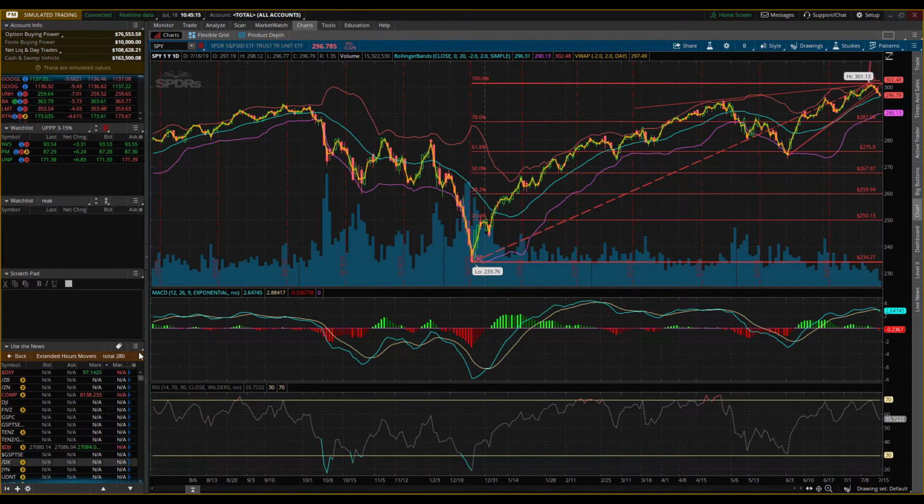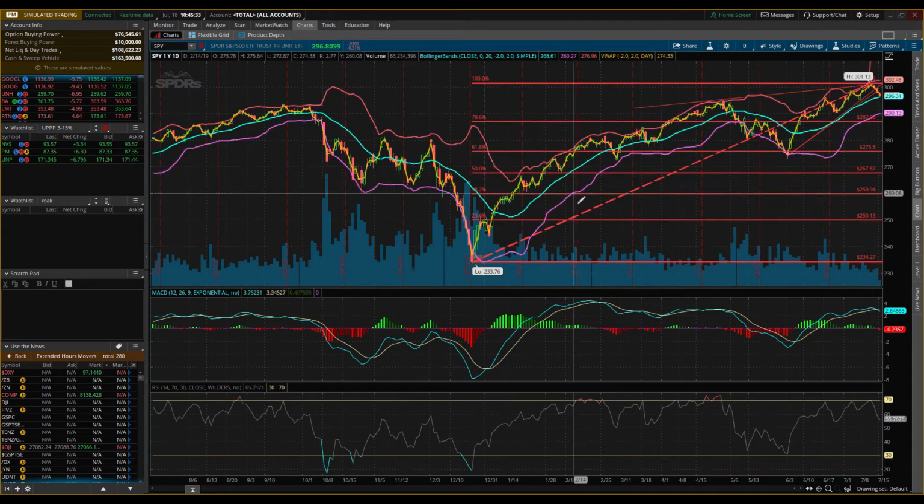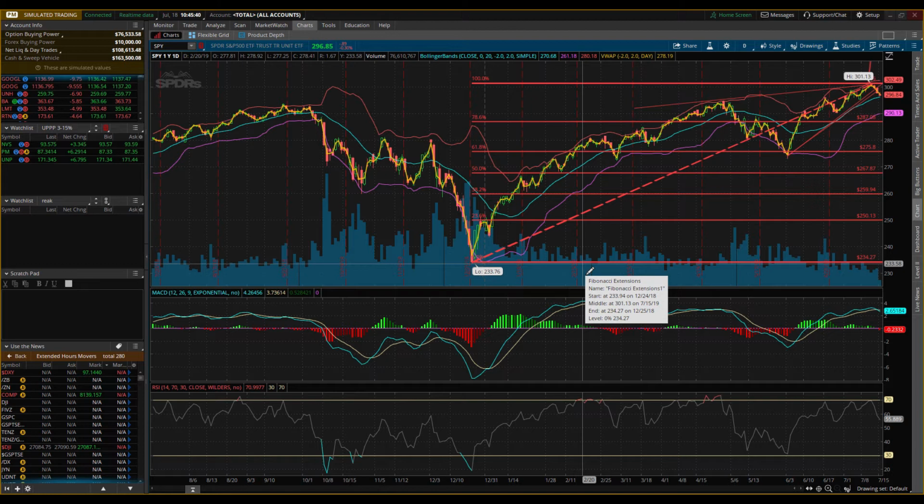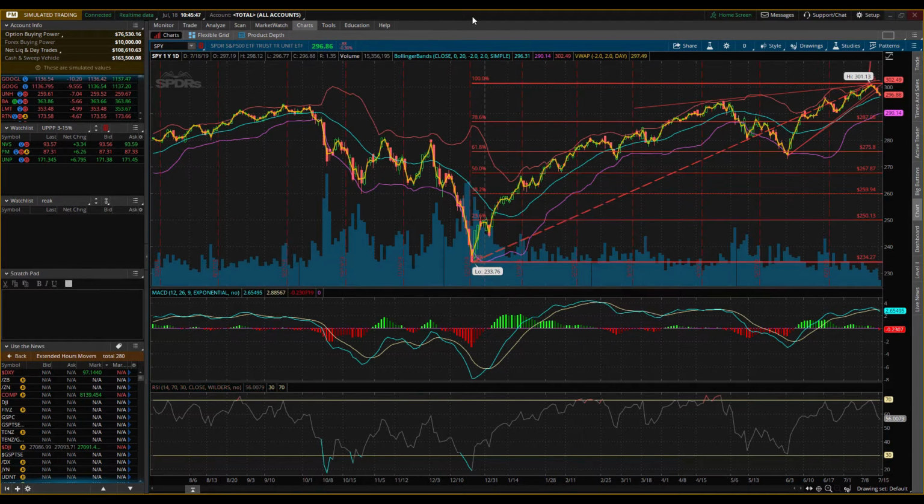So these are a tool that can be used to help establish profit targets or estimate how far a price may travel after a pullback or a retracement. These can also be support and resistance lines. So pretty much these lines represent places on the chart that may have a big impact on price movement. And they can be very useful. They can be used in any time frame. And these lines are actually calculated from a